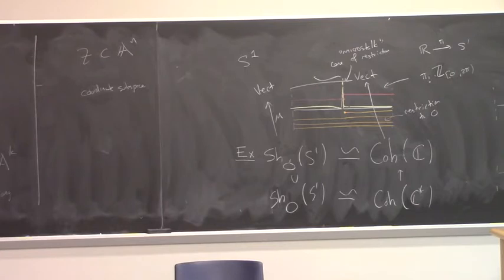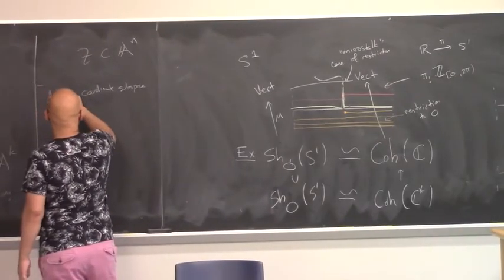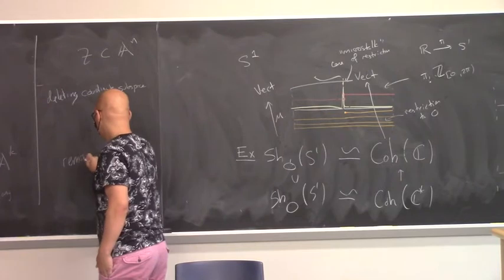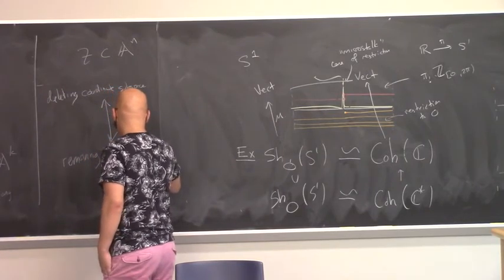Okay, so how do I take the quotient? Well, I want to know that I impose that this be 0, which means that this restriction be 0, which means that I impose there are no microstalks on those coordinate numbers. So the long and short of it is that deleting this coordinate subspace is the same as removing the corresponding conormal